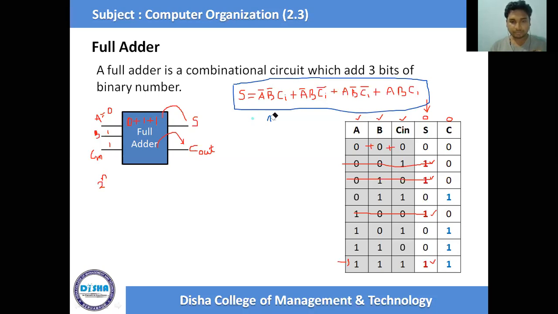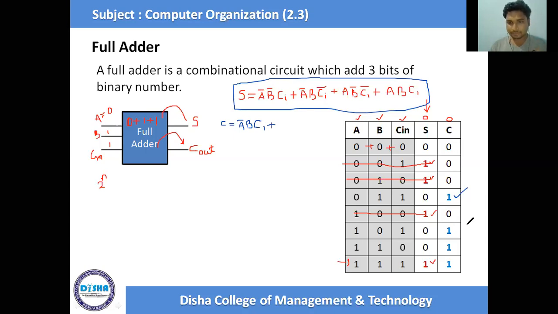So let's see about this C. C equals to this one. For this one, A not, B, C, plus